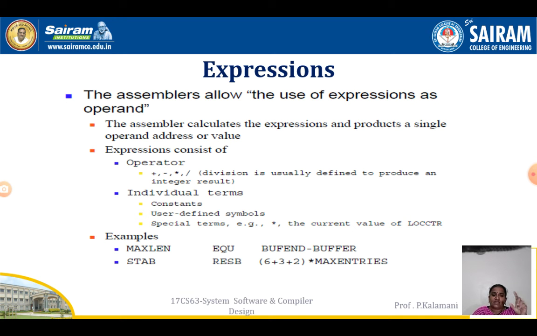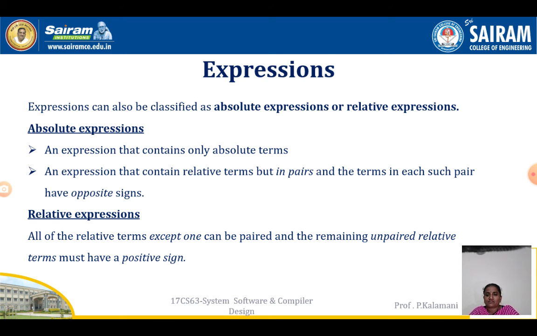Wherever EQU or literals are used, we can specify the symbol value as an expression also. That expression may be an absolute expression or a relative expression. It will have operands and individual terms. The terms may be constants, user defined symbols, or special symbols.